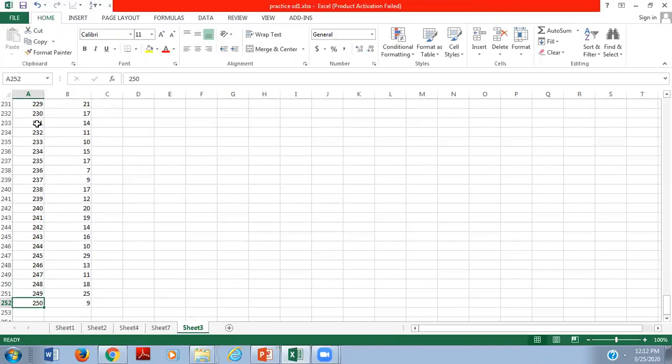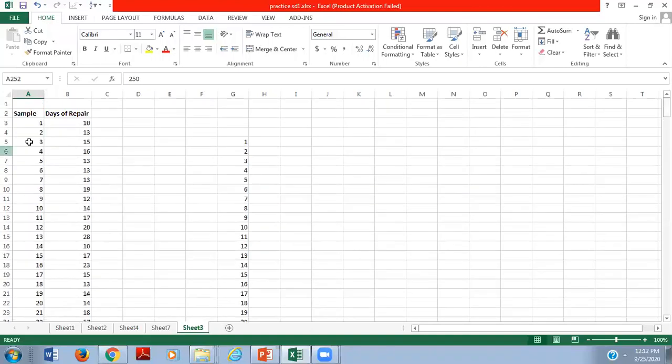So for that purpose, the company has taken a sample of 250 data points, and these 250 samples are individual persons, right? For example, sample 1's computer is repaired in 10 days. Sample 2's computer is repaired in 13 days, right?